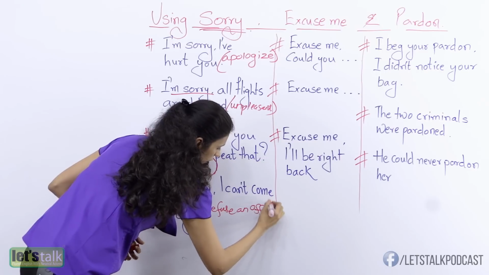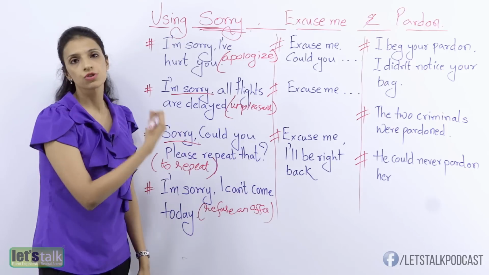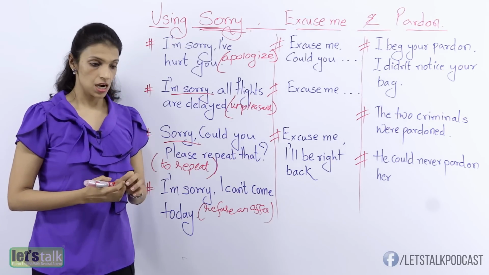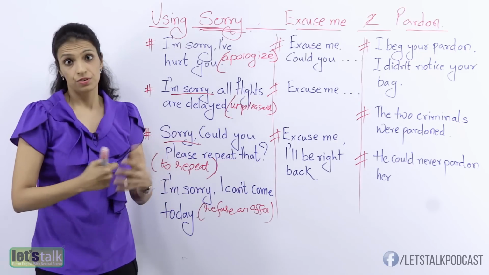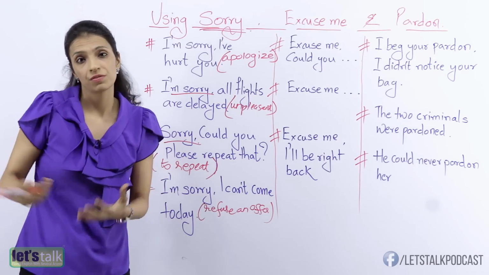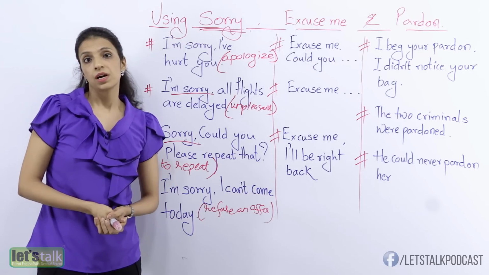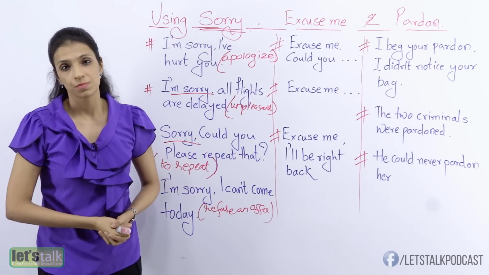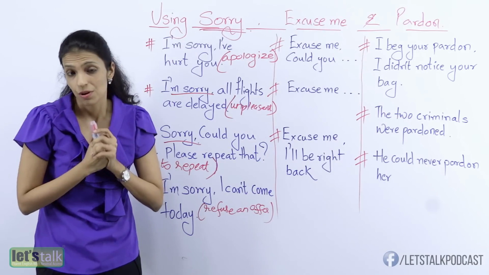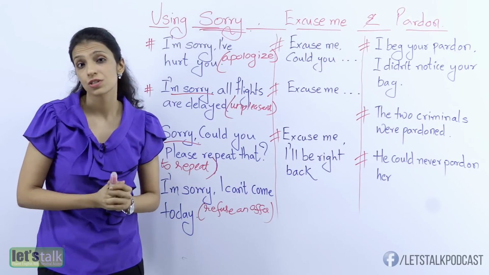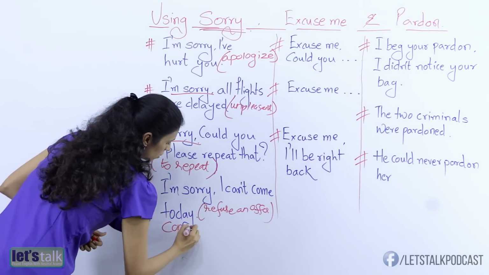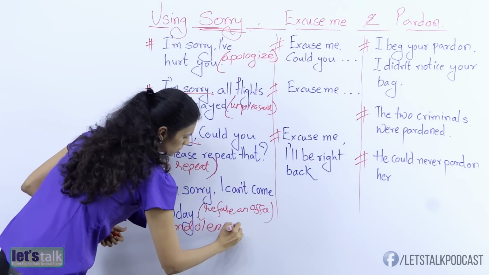Okay. Now, many times we also use the word sorry when we give condolence to someone. Now, condolence is a way of expressing your feeling bad or your sympathy to a friend or a family who's lost someone very dear to them. So, we do say things like rest in peace, but it's always nice to say, I'm sorry, I'm really sorry to hear about your loss. May his soul rest in peace.